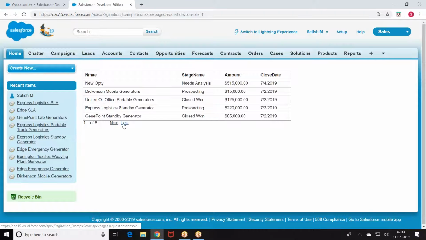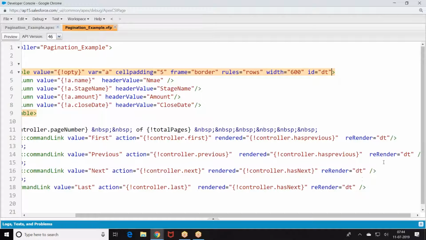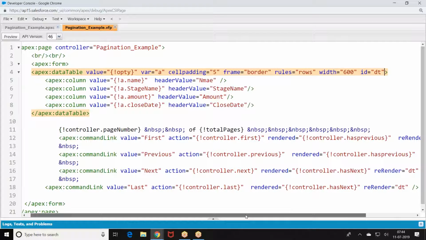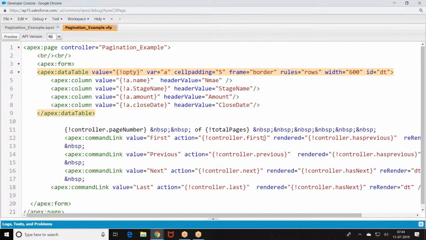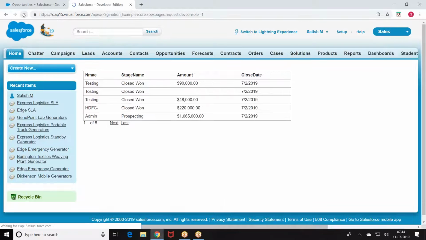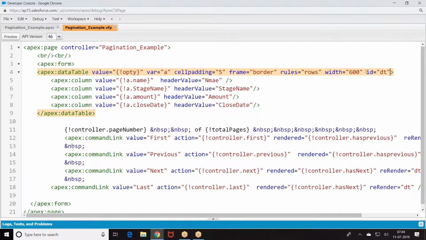Next. Last. What was the bug here? Achha, I have not modified this.